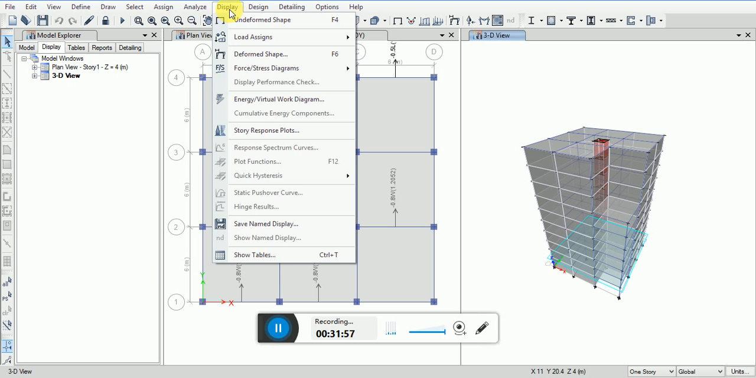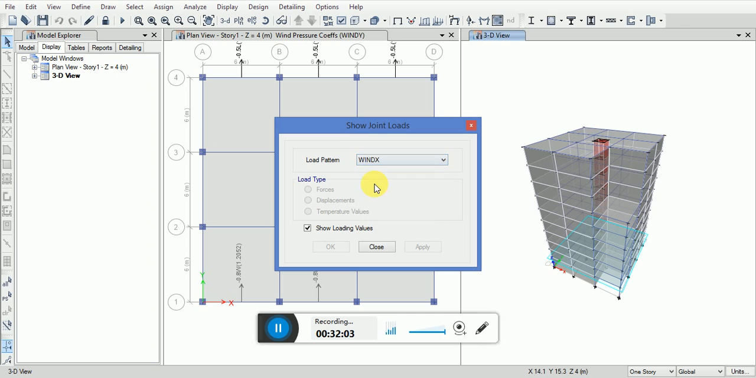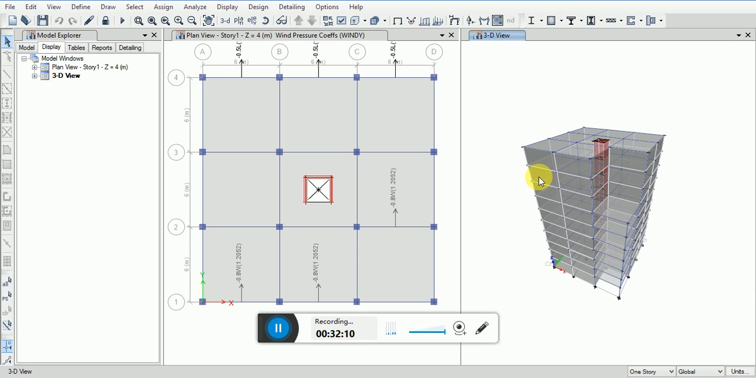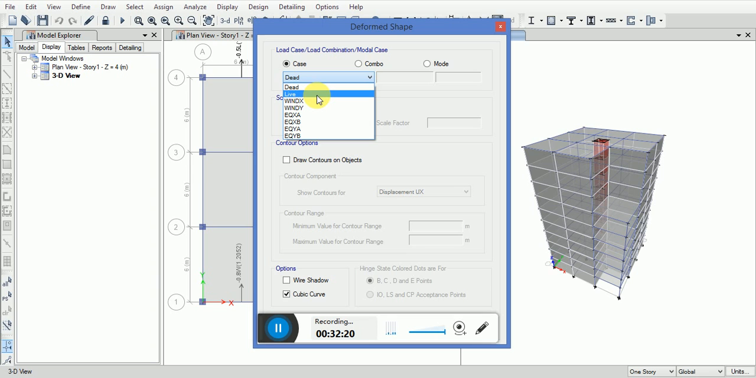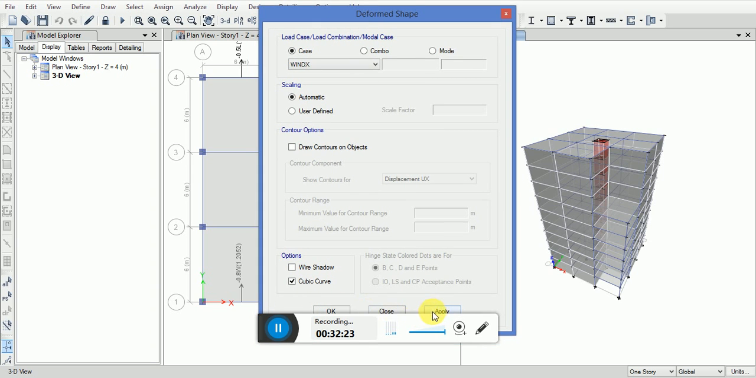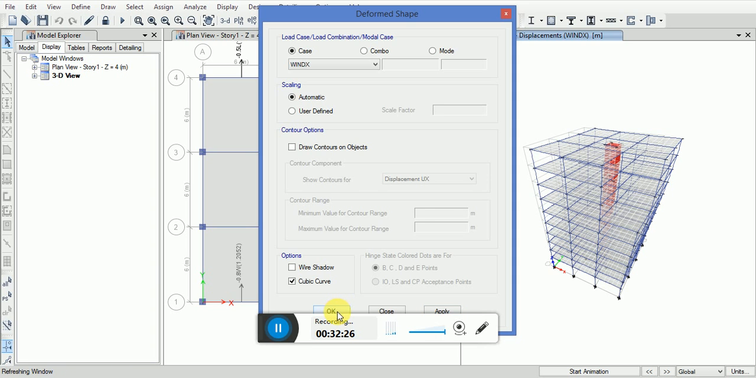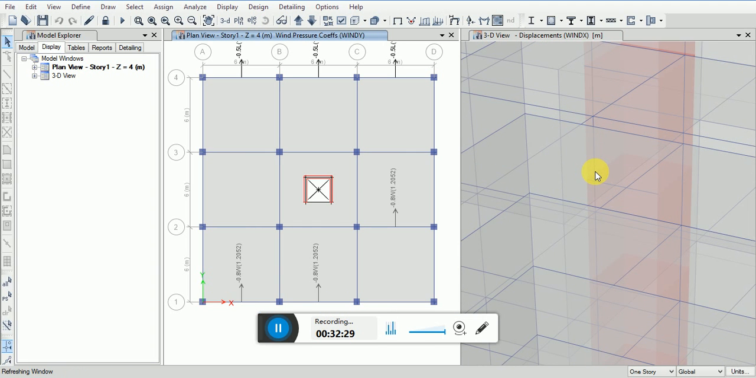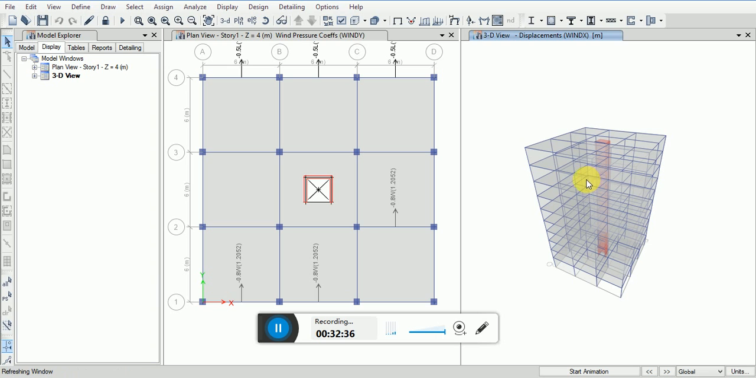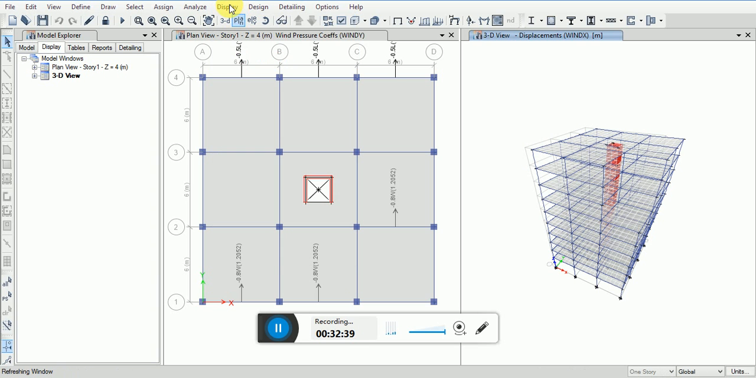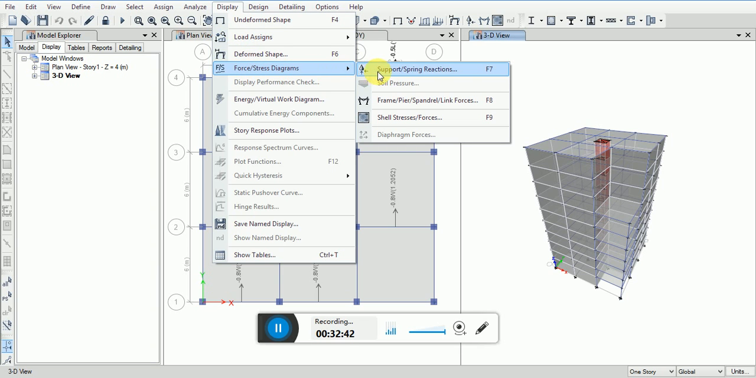and if you go to the load assign at the joint, I will show the event, show loading values, deform shape for the index, so the deform shape for the wind, forces,